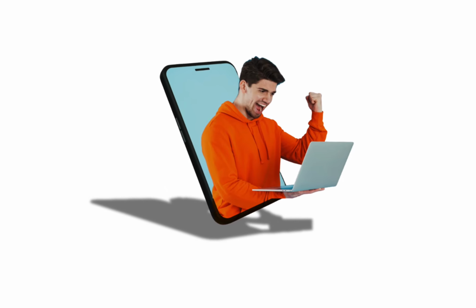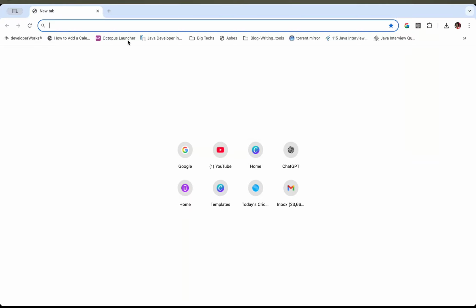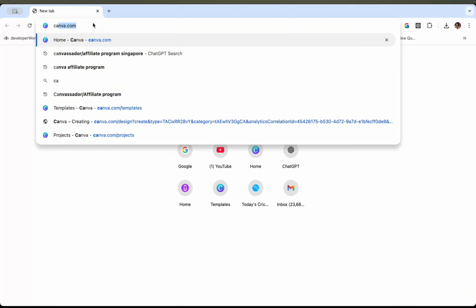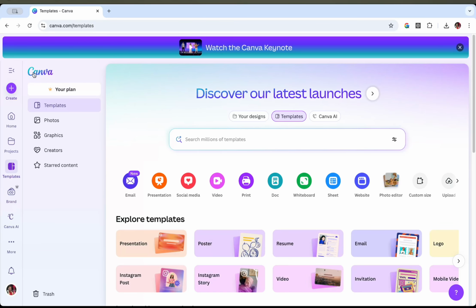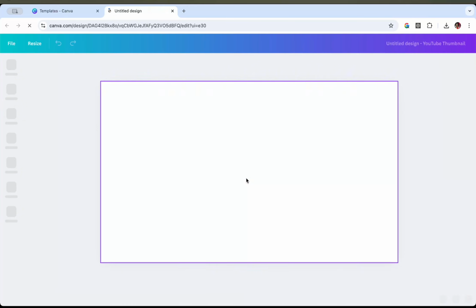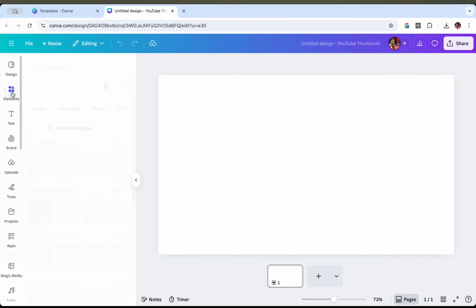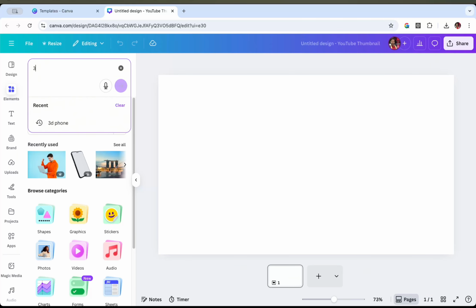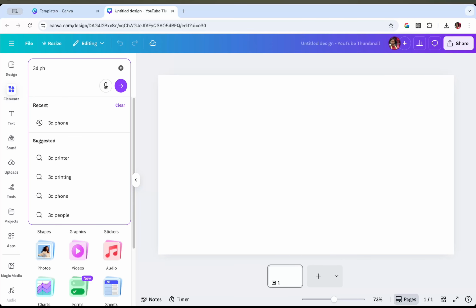Today let's design this 3D effect using Canva. Go to canva.com, click on create, select YouTube thumbnail, go to elements, type 3D phone,